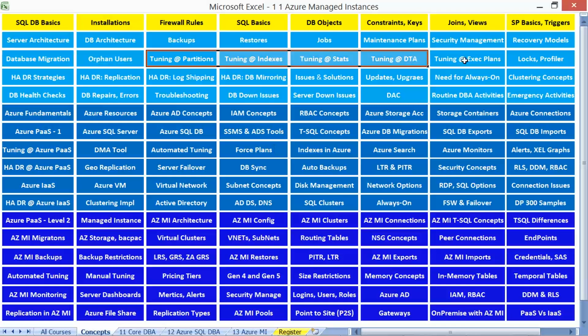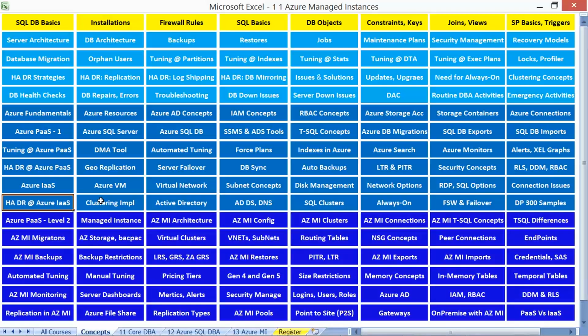It's all about performance tuning activities, log management, HADR activities, health checks, server down, database down, common issues and troubleshooting skills, DAC connections, and routine DB and emergency DBA activities, with a theoretical overview of clustering concepts.